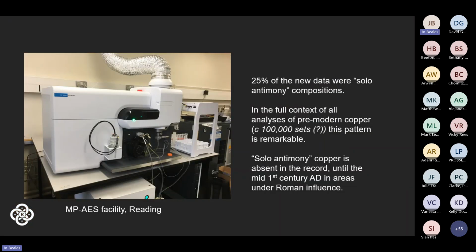This is a picture of our new facility. So in science terms, what we've mostly invested in is something called an MPAES, which is similar to an ICP-OES, if you've heard of that. But what it really does is take a pinch of metal, about 10 milligrams, and produces a very high quality